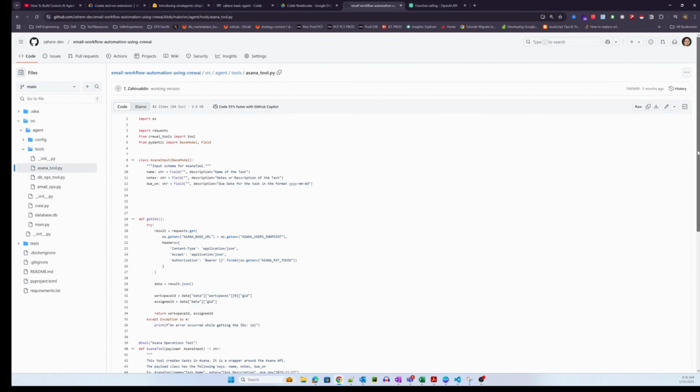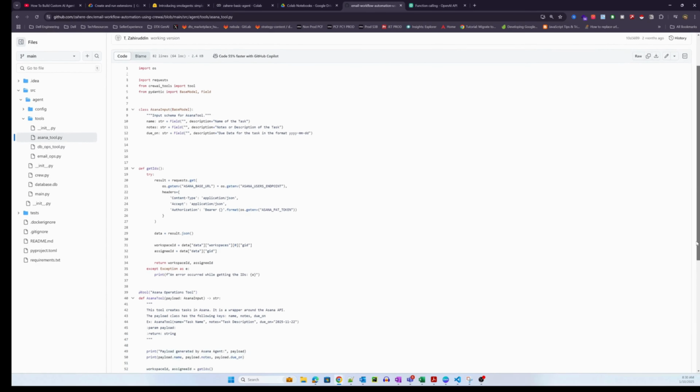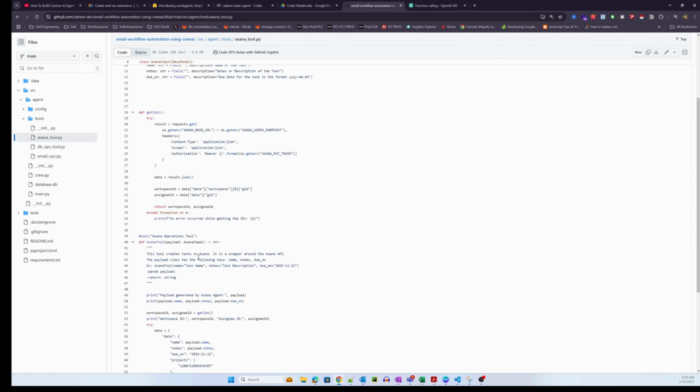Remember, these tools don't have one single string variable. They take an object as an input. And if you look at how I have declared the tool so that the Crew AI framework understands that this is the tool it needs to leverage, all I'm doing is using a docstring to explain. That's all.